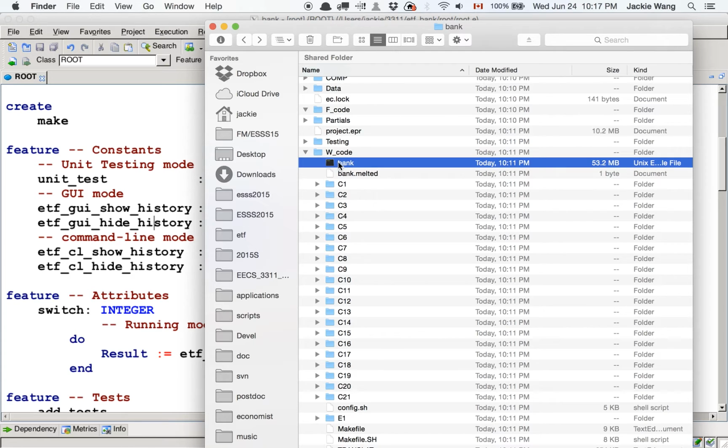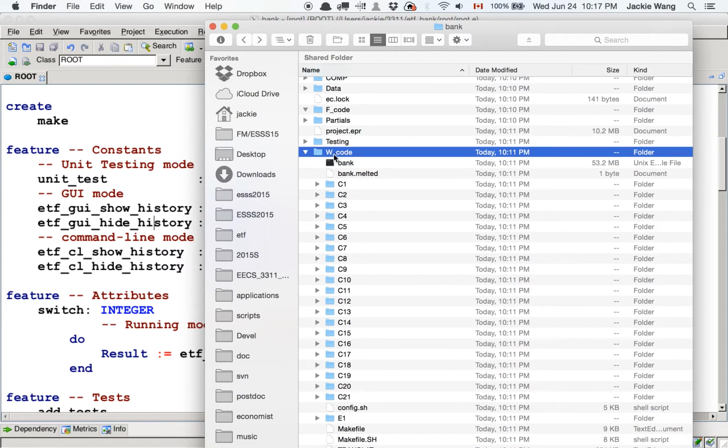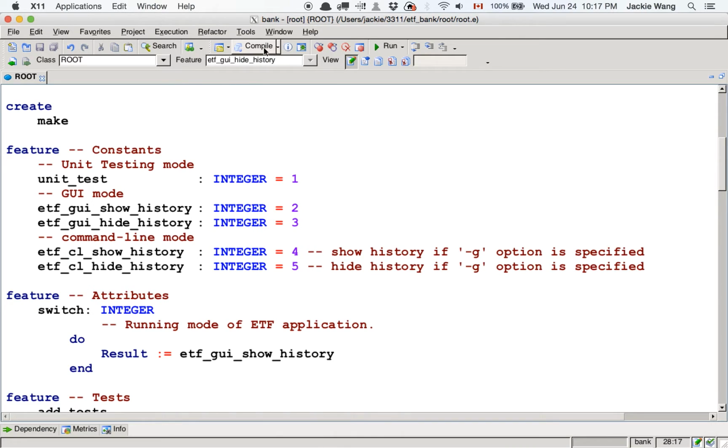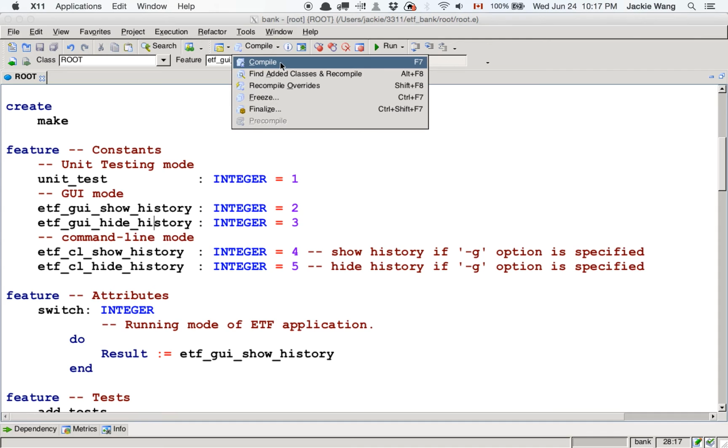So this is the executable of the current working code. The W here stands for working. Later on, if you actually finalize your projects, as you can see under compile, if you click on the down arrow here, you can either say compile or you can say freeze. Freeze means you want to recompile from scratch